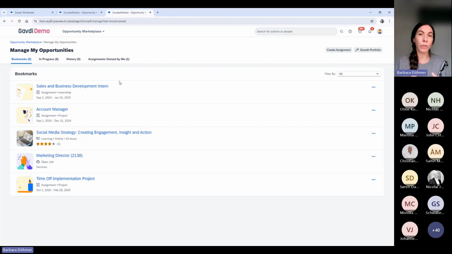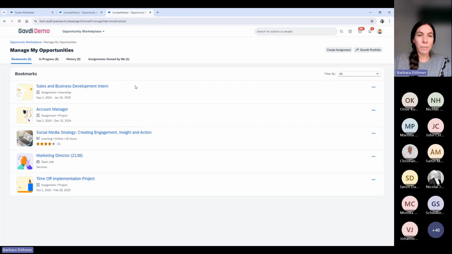And the main objective of these assignments is to get practical experience to develop your skills, but also to collaborate within your organizational teams, and basically promote internal mobility instead of your employees perhaps looking for that practical experience outside of the company.